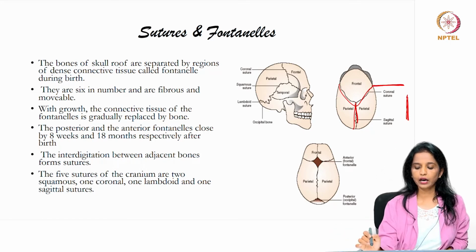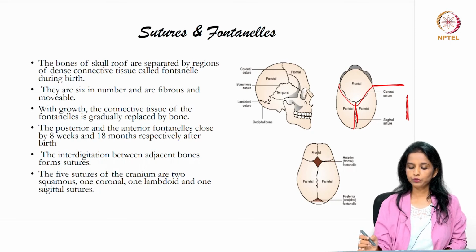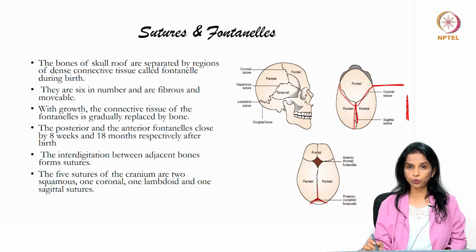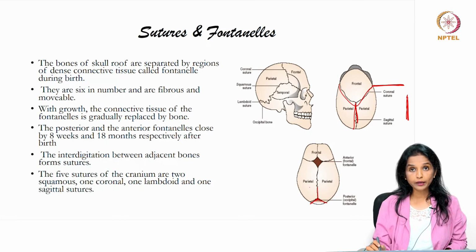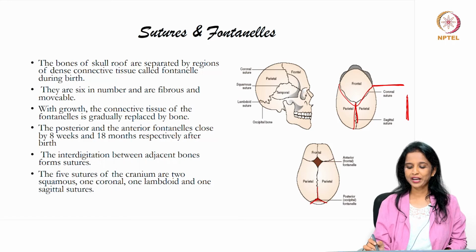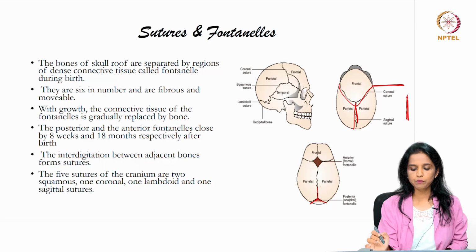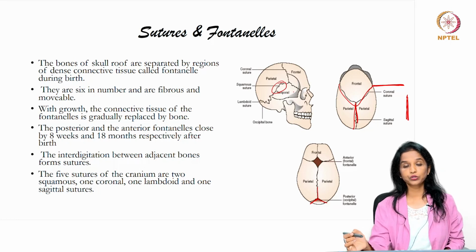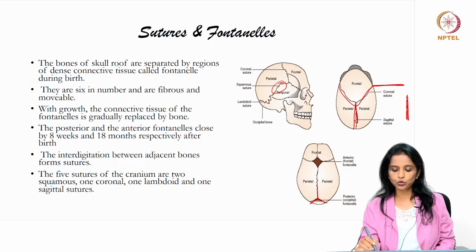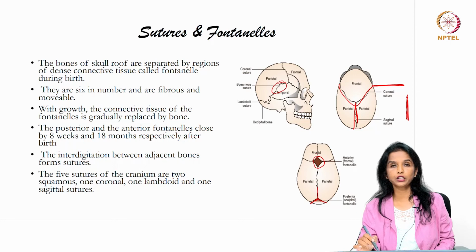And then we have other sutures which was already mentioned, that was the lambdoid suture. The lambdoid suture is the one which is connecting the parietal bone with your occipital bone. So, these are the most important sutures. And then there is another important one called the squamous suture, which is connecting your parietal and temporal bone. Additionally, during birth, these sutural joints contain very soft connective tissue like